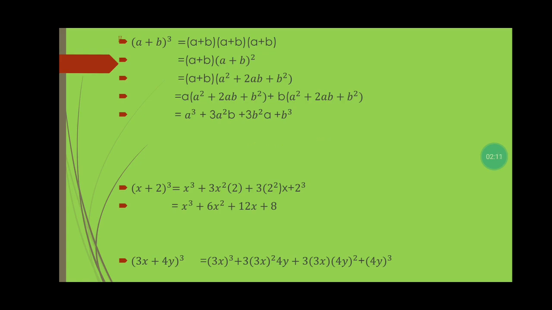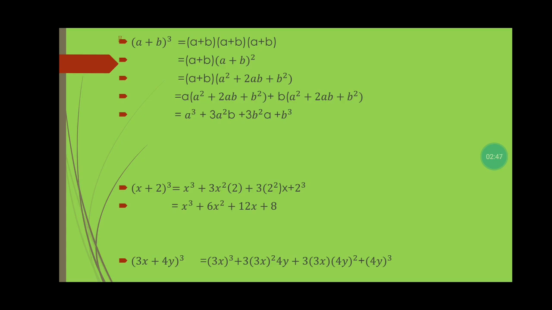Now this one, we don't need the explanation of all this formula. Only what we need is the very first thing, that is (a + b) whole cube is equal to a cube plus 3a square b plus 3b square a plus b cube. That is first term cube plus 3 times first term square into b plus 3 times second term square into b plus b cube. This you have to learn by heart. And on that basis we will be able to solve the following problems if we learn the formula.